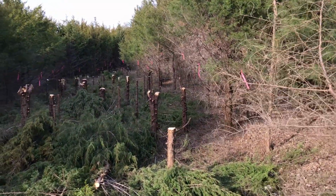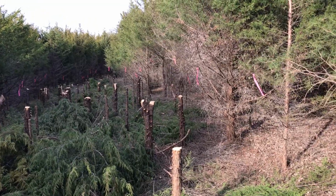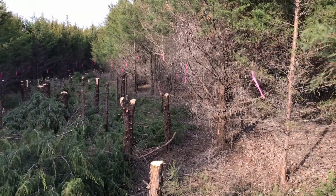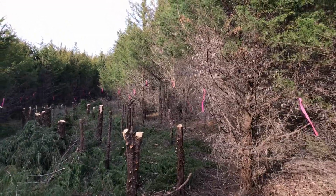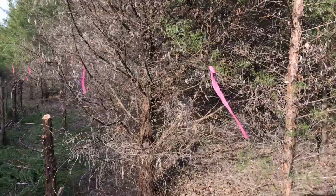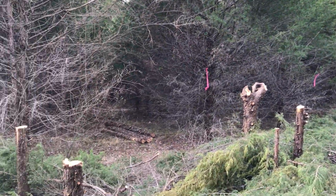Everything to the right of me for this whole video is going to be my buffer zone, which is untouched, and everything to the left is going to be mulched and cleared. Now right here is where the pink ribbon starts, and if you see over there, there's some